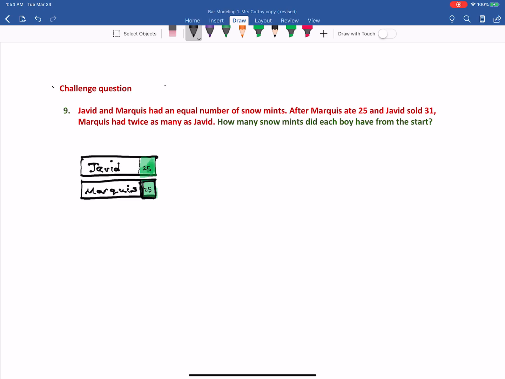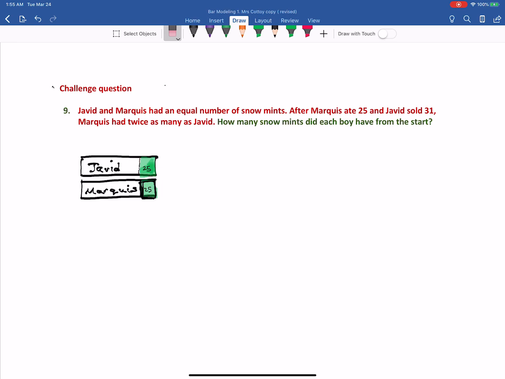But hold up, before we put the more, let's go on to the next part. Marquis had twice as many as Javid. That's after both boys got rid of some snow mints. Marquis had twice as many as Javid. Maybe Javid realized his teeth will get rotten. So he said, alright Marquis, you go ahead, you eat 25, I'll sell mine. Not important to the question,